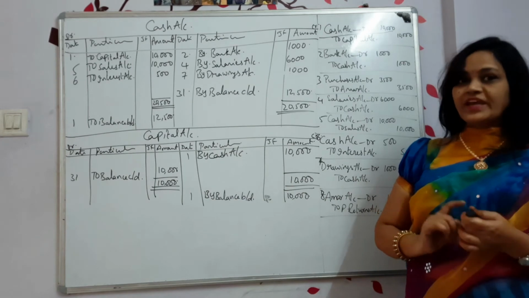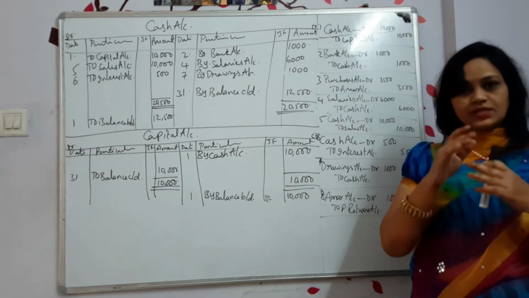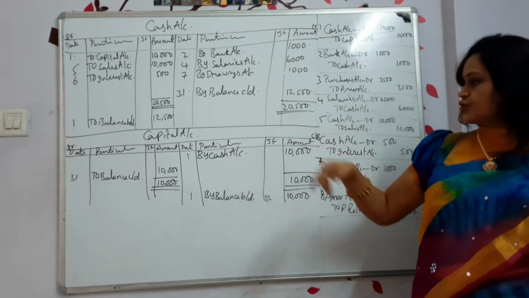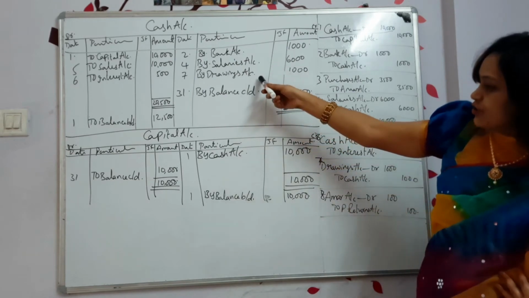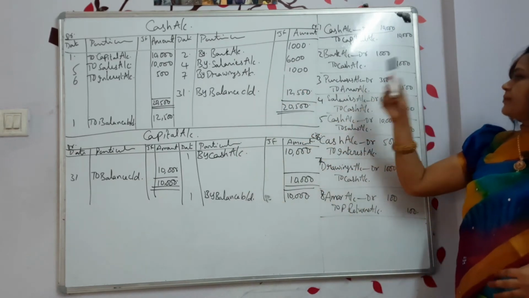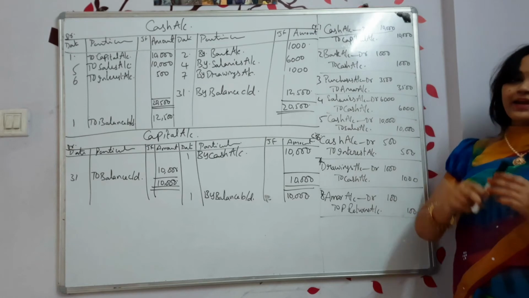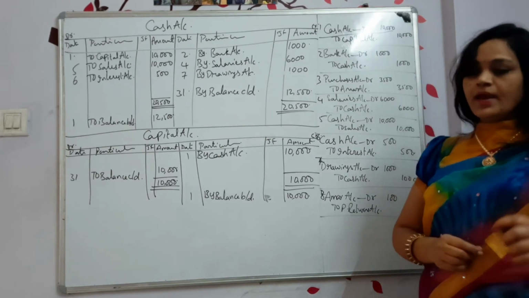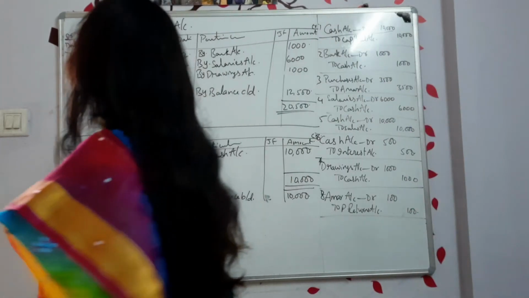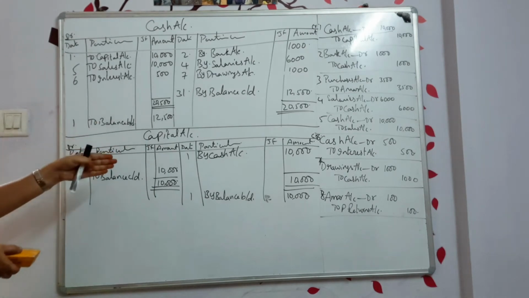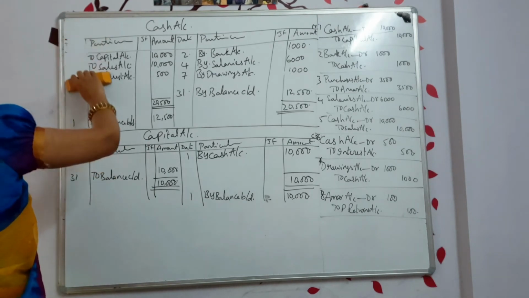So two ledgers we have prepared. This is a lengthy one. It is really very lengthy. No issues. First copy these two. Cash account we have completed. Capital account we have completed. Next we will be writing bank account. If you are done, let me just take the screenshot. Copy it later.